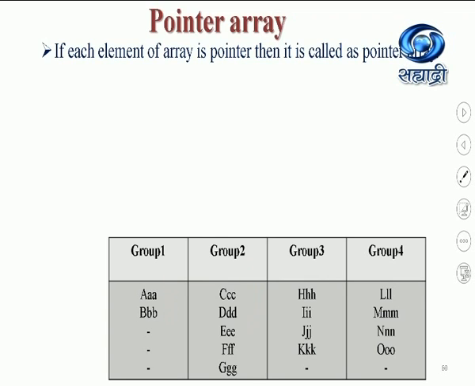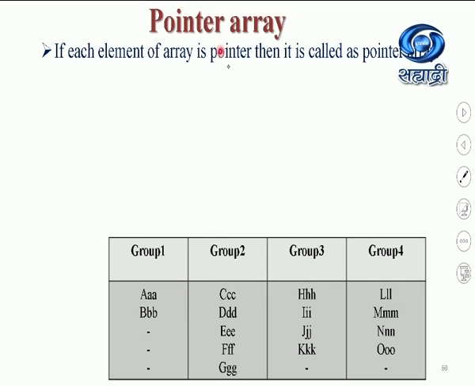So here the number of employees is 15. This is the first group of the CEOs, then the second group of the managers, then this group is the workers, and this is the last group of the helpers, like that. Then when I want to store all these values in computer memory, I will declare only a single array, because these are the names of the employees. But where my particular group will start is stored in another array. That array is called the pointer array.